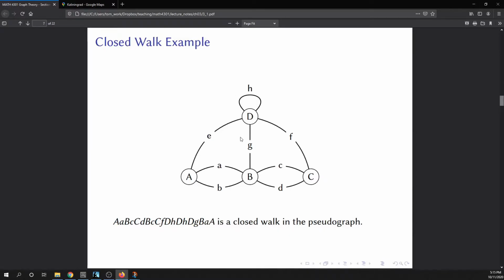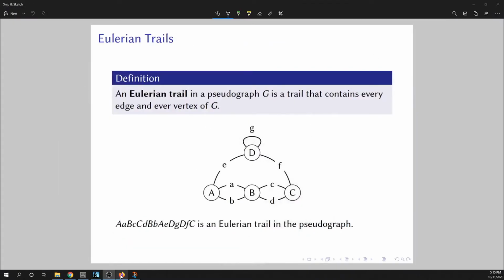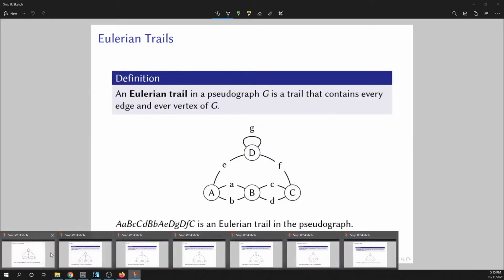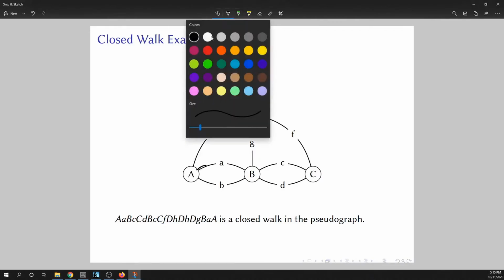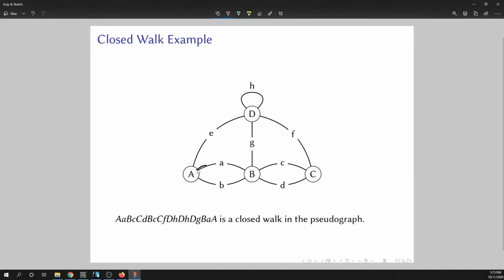All right, next up is a closed walk. Let's take a look at an example of that. Here again, we're going to start at vertex A, and then from vertex A, we're going to go to vertex B using edge A, then from vertex B to vertex C using edge C, then from vertex C to vertex B using edge D, then from vertex B to vertex C using edge C again,